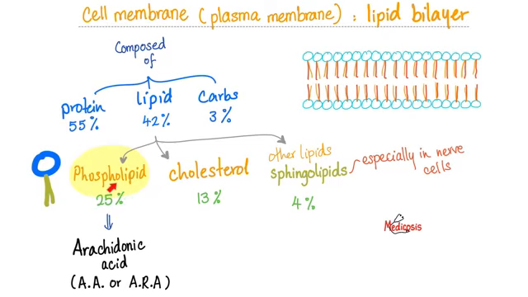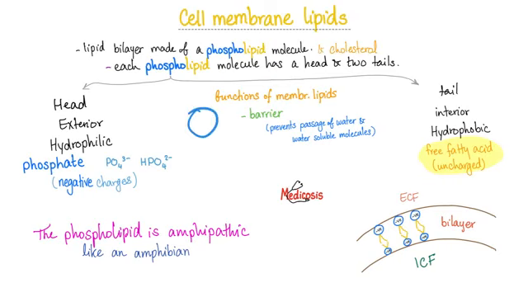Why do you call them phospholipids? Because they have a phosphate head and lipid tails. 1 head and 2 tails. Just like this, 1 head and 2 tails. Phosphate head, but the tails are made of fatty acids. The head is charged or ionized because phosphate carries a charge, a negative charge that is.